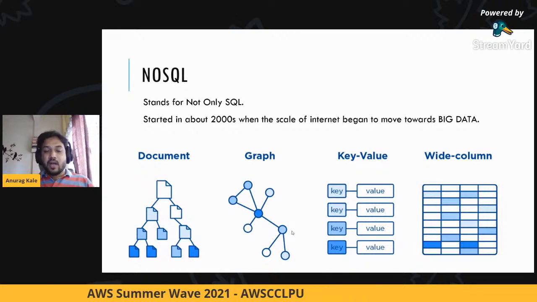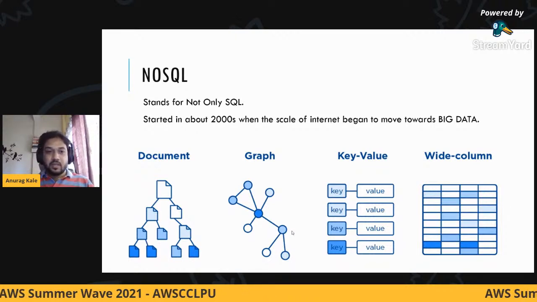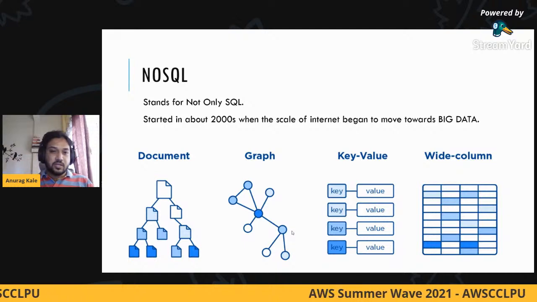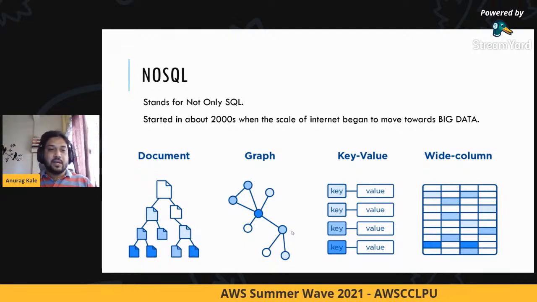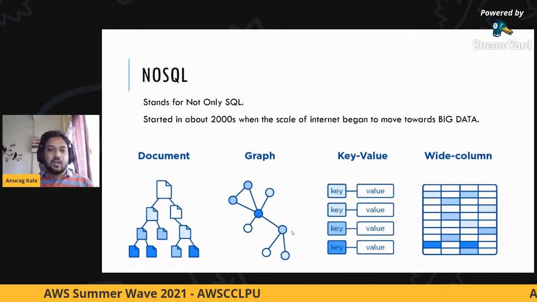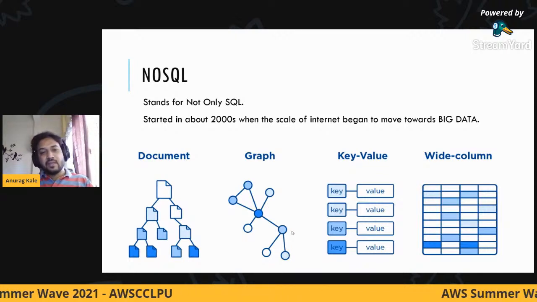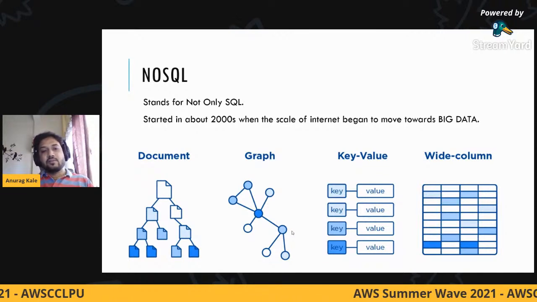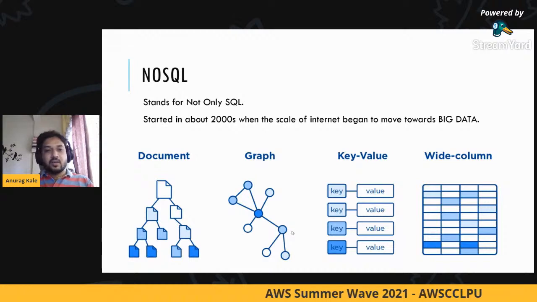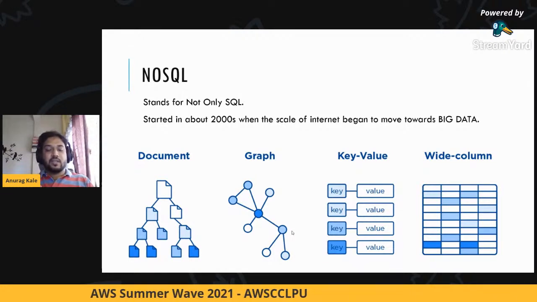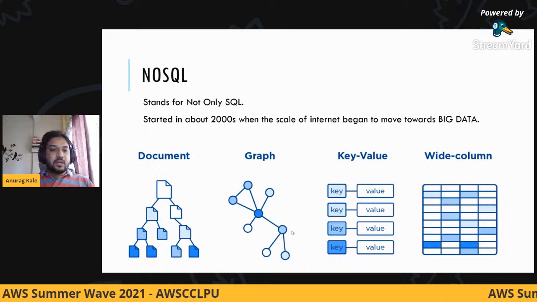Depending on how people have been shopping, they establish a relationship between the toothpaste and the toothbrush. Next time anybody tries to purchase either of these products, they will say, hey, other people purchasing toothpaste also purchase a toothbrush. Do you want to do the same? This is how you leverage graph databases.